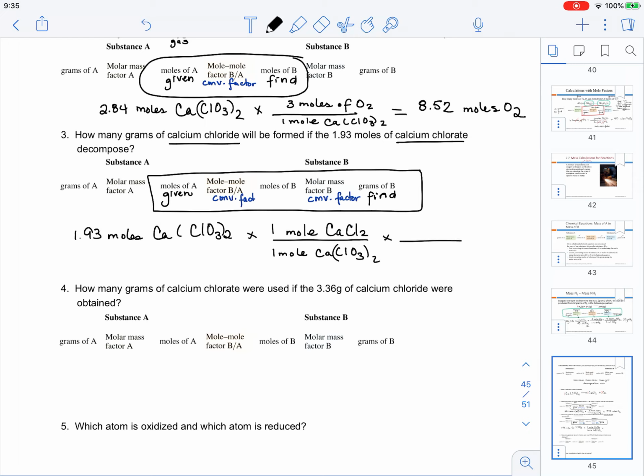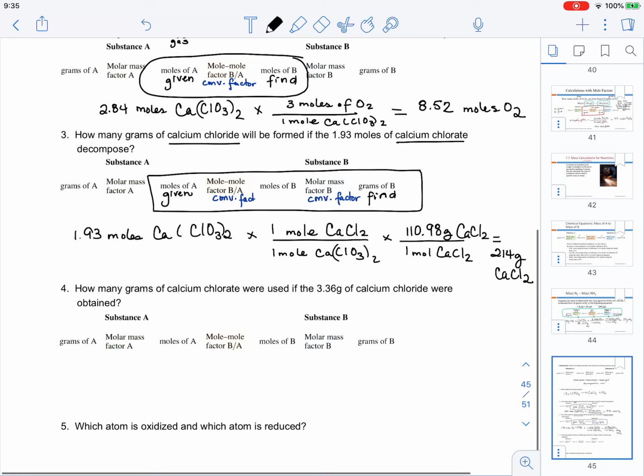Then lastly, we're going to utilize the molar mass of calcium chloride to find our final answer. So when we multiply 1.93 times 110.98, then understand that the final answer is going to be 214 grams of calcium chloride. The last question is going to be given specific